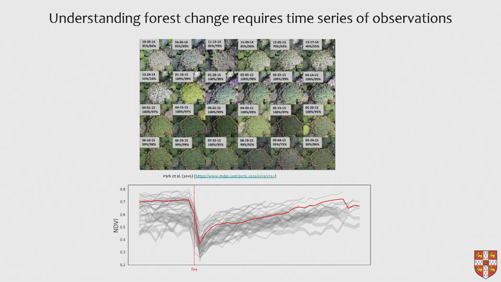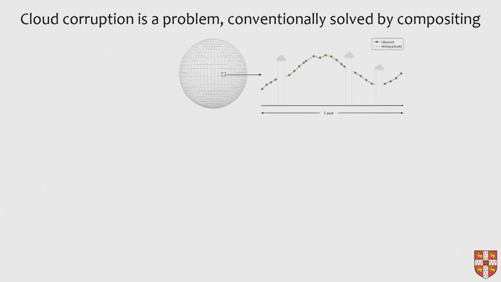So often we want to capture information within a single year when we're doing our modeling. And so that's what we're doing there, tracking something over time. But unfortunately, we have this problem, particularly in the tropics, where there's several days or months, almost the entire year, which is cloudy, and then we only have a small window of remote sensing data, and most of it is corrupted by cloud, dust or other atmospheric problems.